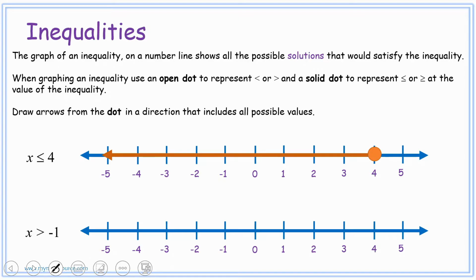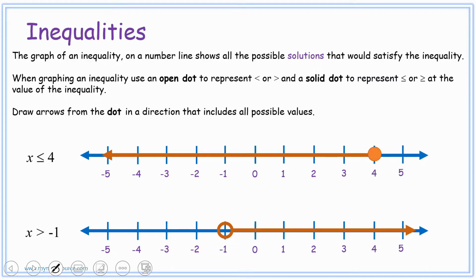What type of circle would be at negative 1? Would it be a closed circle or an open circle? Well, here we see it's an open circle because we are not including the negative 1. And then from there, we just need to decide which way. Since x is greater, it would be all the values bigger than negative 1, which would be to the right. And so every number from negative 1, and after negative 1, on the number line would be included in the